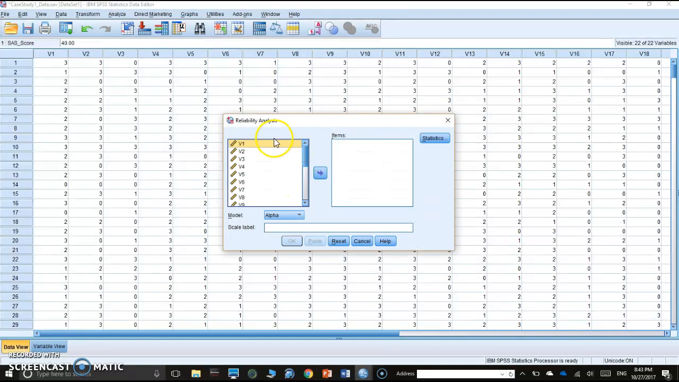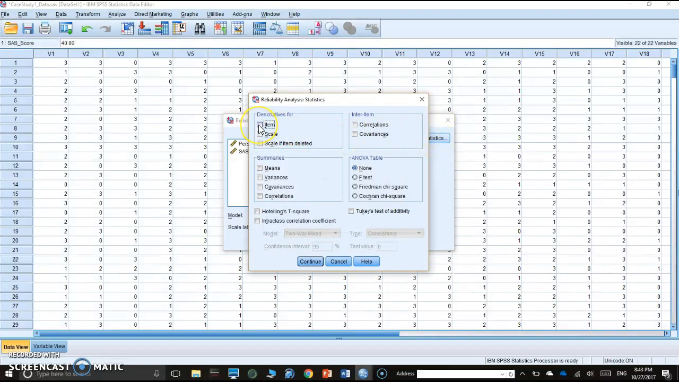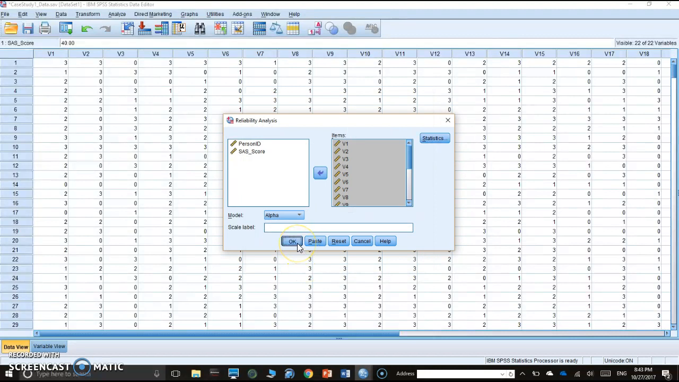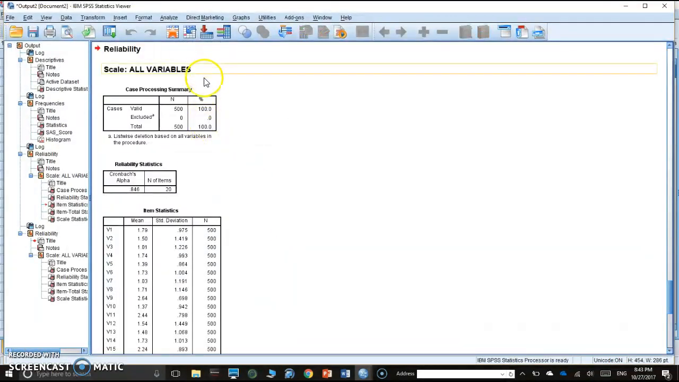And remember, we have these variables. Since we are doing item analysis, we are just interested in items, so we are going to exclude person ID and the SAS score. I'm going to bring all the items to the items window, and here we click Statistics, and we're going to check the item, scale, and scale if item deleted boxes. The rest we are not that interested in yet, so we hit Continue and OK. And this is our output